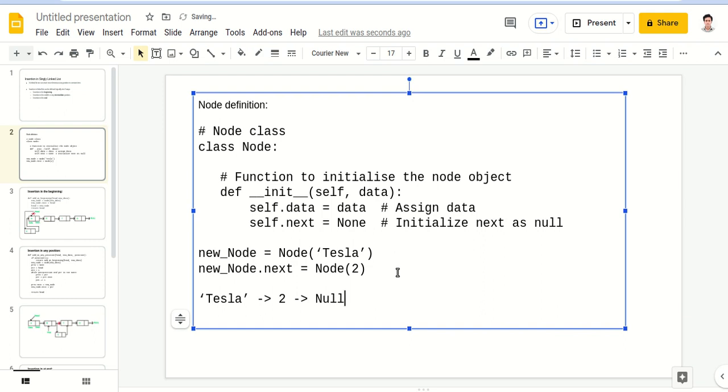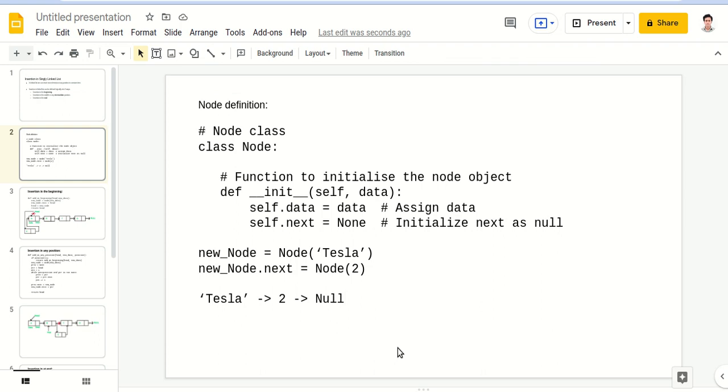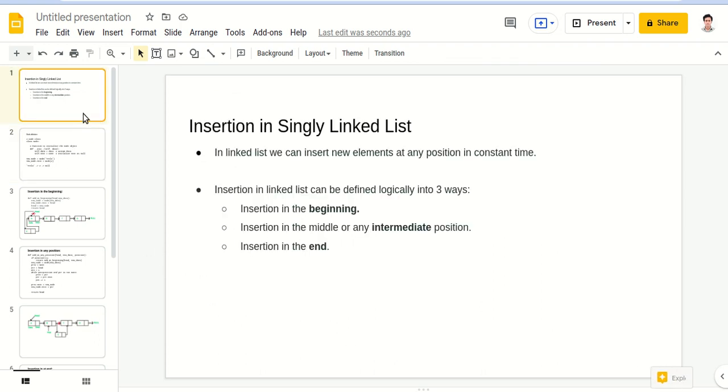That's it. This is how this linked list will look. This is a basic example. Now let's see the different places where we can do the insertion: at the beginning, at an intermediate position, and at the end. Let's see the code.